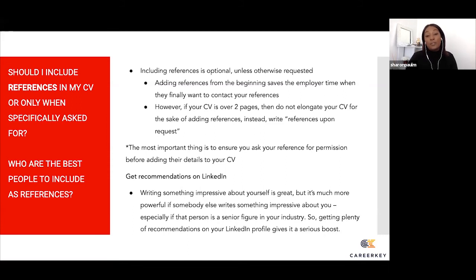Lately, it has become optional, but I would say if you're not including your references, always include at the bottom that reference is available upon request. That at least shows the employer that you are willing to be forthcoming with reference information. When I look at it from my perspective, I would appreciate if an applicant does include their references, only because